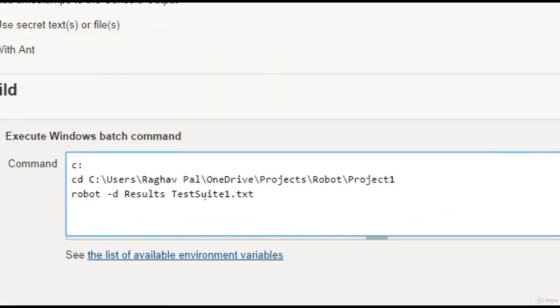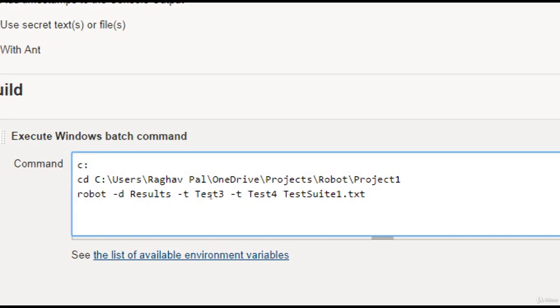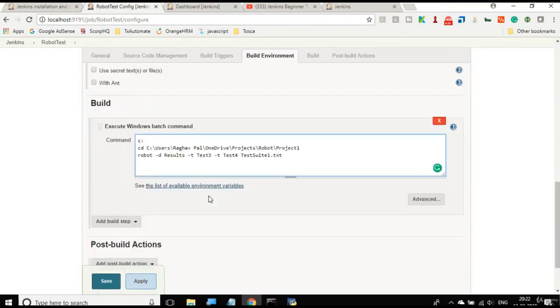So just to save time, I will just run test3 and test4. So I am saying -t test3 and test4. Of course, all these options and commands we have seen in our last session. So this command should run test3 and test4 from our test suite. And now